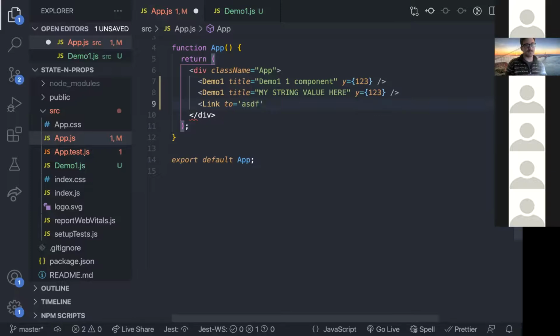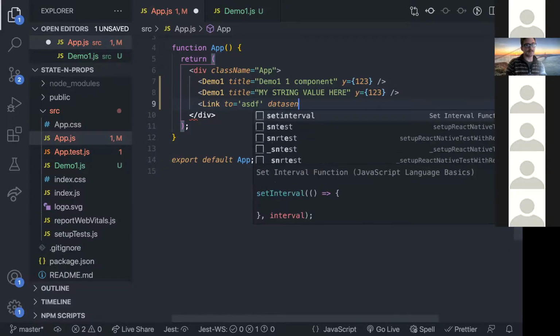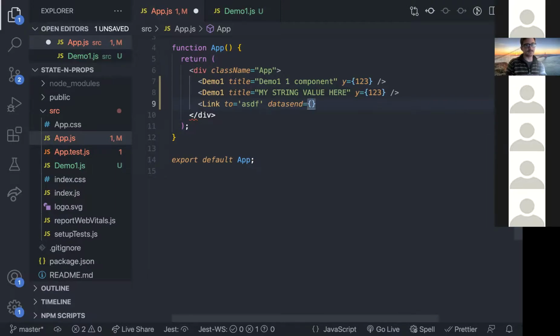I forget how they do it, but it used to be something like, I don't know, I'm just gonna make it up. There is a way to do it, like data to send. But yeah, it's not like props because we don't get it in the component. Like if I had,